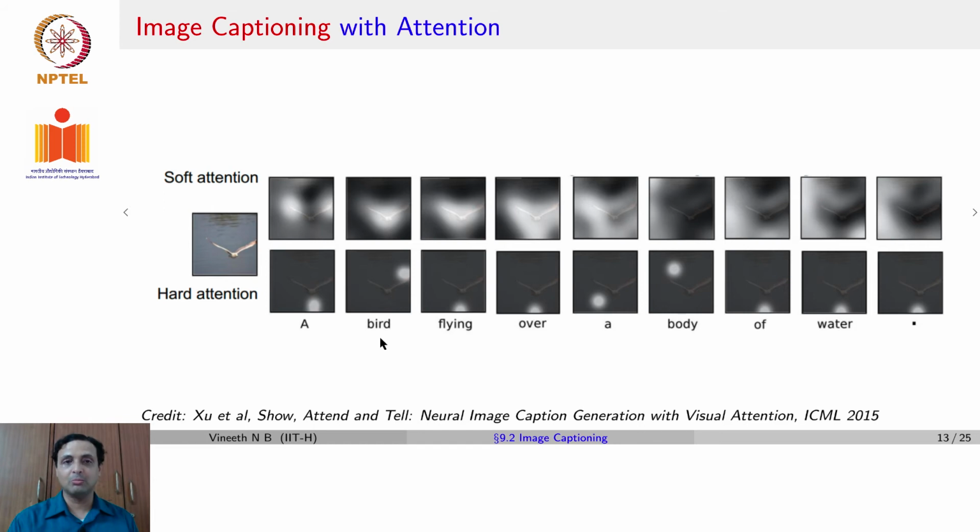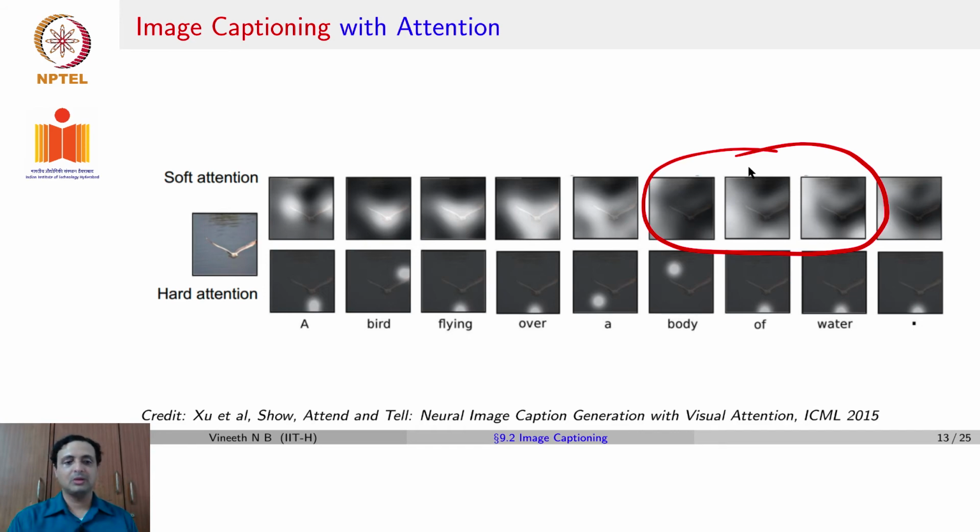When it generates the word bird, that's where its attention is. And gradually, as it starts generating body of water, it looks at everything other than the bird. If you see this part of it, the bird is black and the rest of the image is white, which means the attention was suggesting the model to look at everything outside the bird to generate the words,